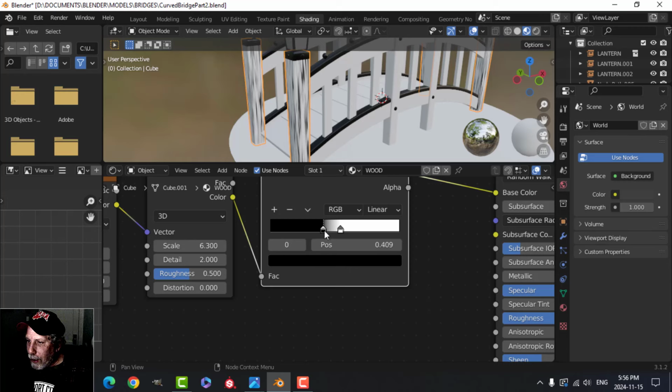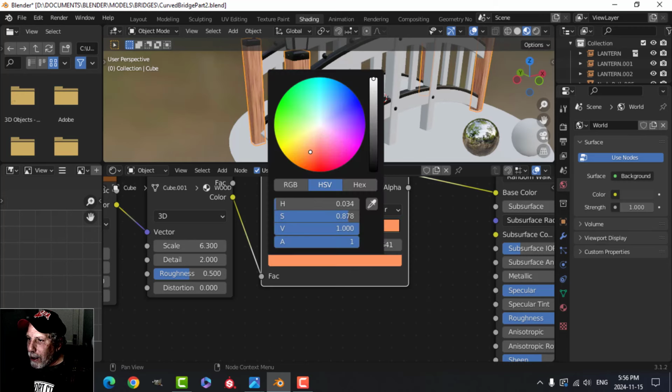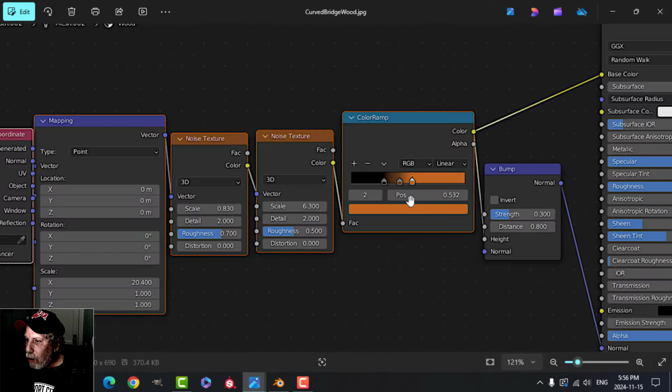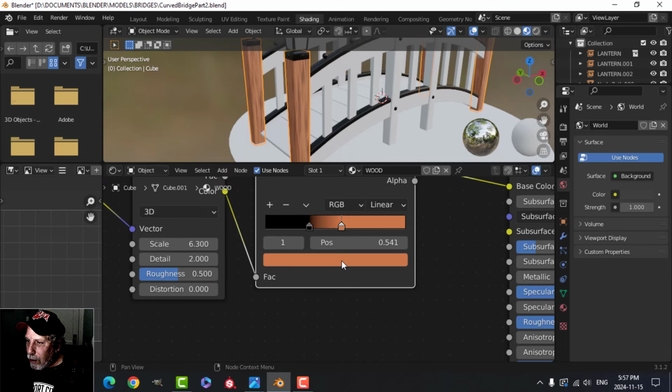So let's go back to this now and drag that down. This is going to be my main color, and it may take a little bit of experimentation before I get it the way I want it. So let's have a look at what I've got here. It's this orangey color, and then another one in between is a brownish color. So let's say